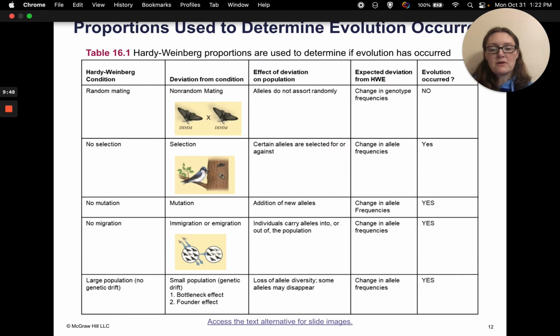So over time, we're going to see a population change in the frequency. The mating will be... and here's each of the Hardy-Weinberg conditions. So was random mating. Alleles do not sort randomly, so evolution did not occur here, but evolution did occur in these cases because there was selection, there was mutation, there was